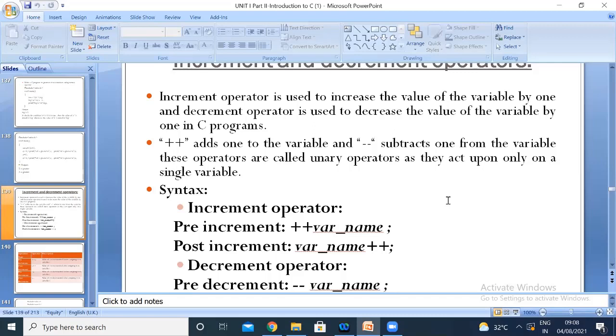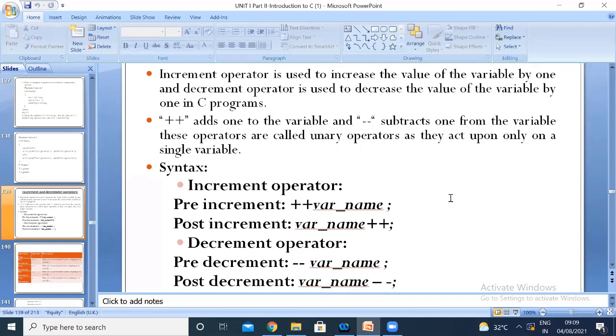You have two types of increment: pre-increment and post-increment. In the decrement operator also you have two types: pre-decrement and post-decrement.